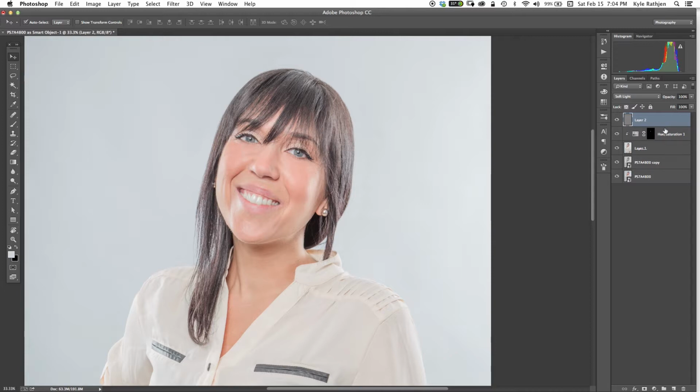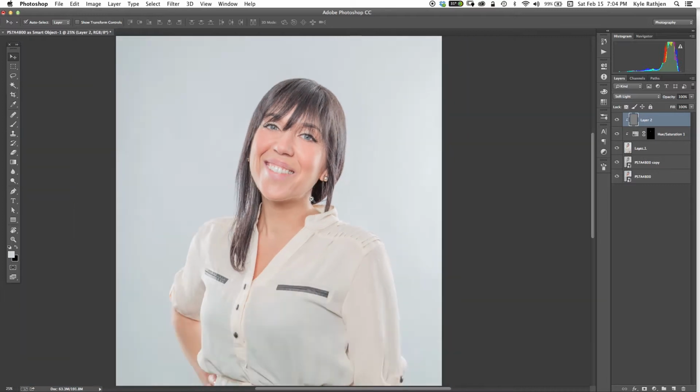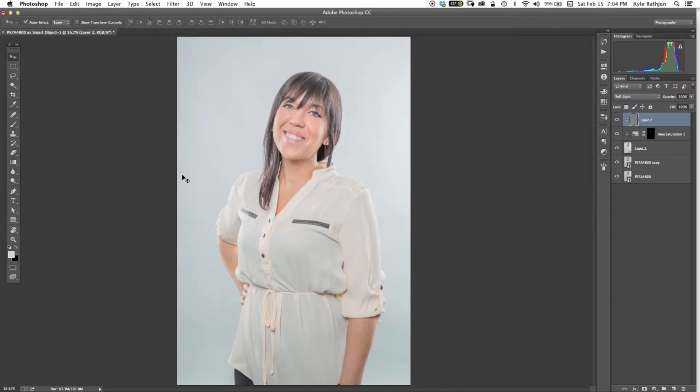Okay, so for this, we're going to hold down Option and hover over, and we're only going to have this affect this layer, even though it's on top of this one too, but it's still going down to the root layer, which is this. So with this selected, on this step, we're going to use